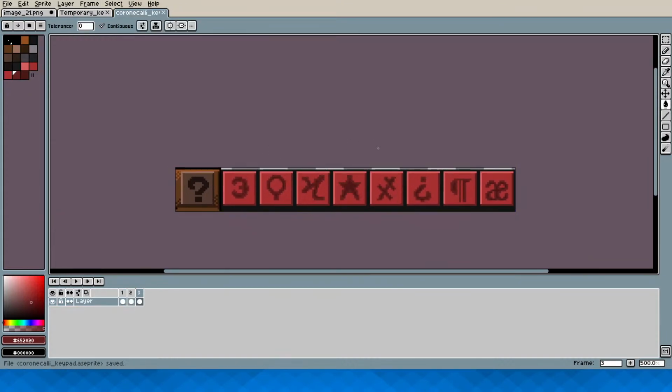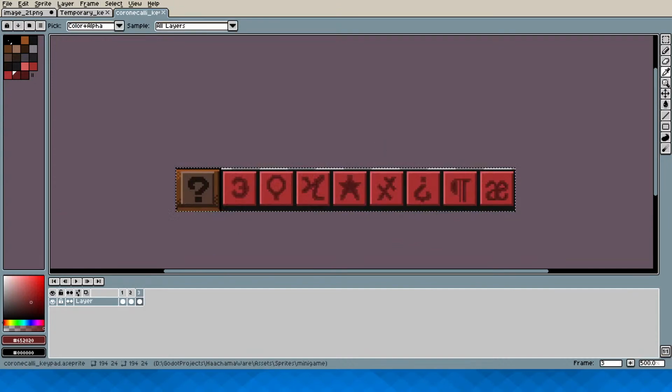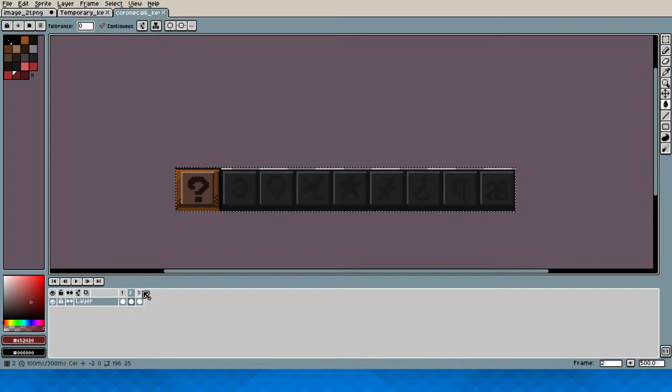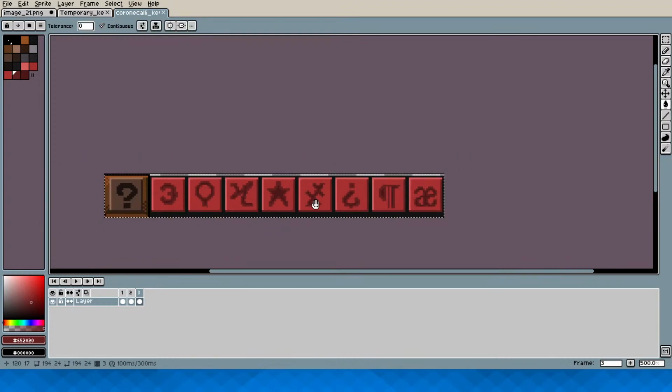So now we have the keypad symbols. I'll send these to Ronan as well. Now I should probably make a version where you press a correct one as well, instead of only having a failing one. And I don't feel like this is gonna work for that. So I'm just gonna recolor this to be green or something.